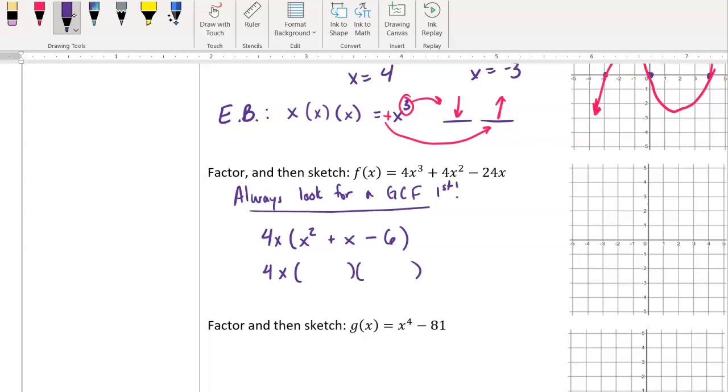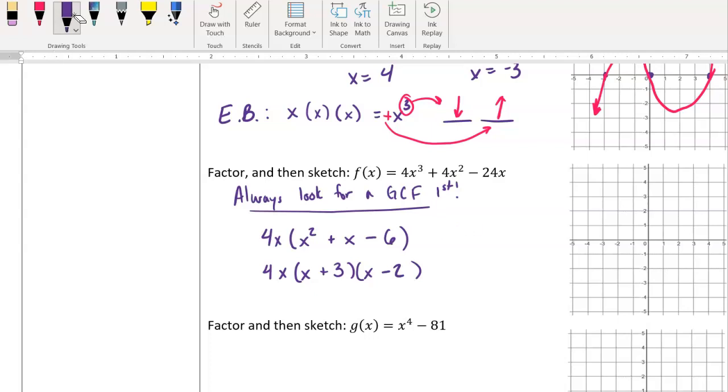So we're going to bring down the 4x, but then now I just have to find two numbers that multiply together to be negative 6, that add together to be my middle term of 1, and so that would be a positive 3 and a negative 2, because 3 times negative 2 is negative 6, and 3 plus negative 2 is a positive 1. So now if I set each of those equal to 0 and solve them,